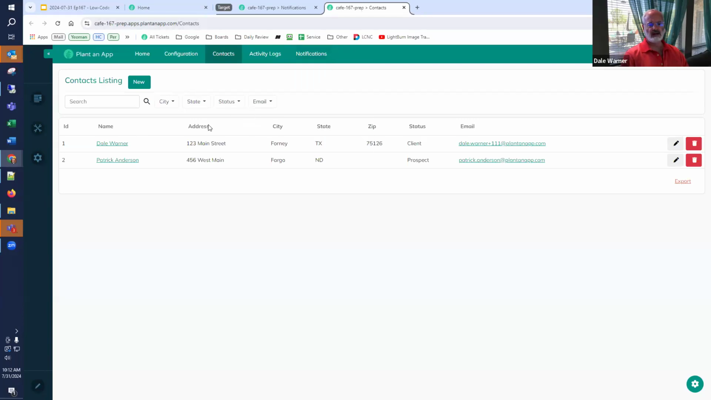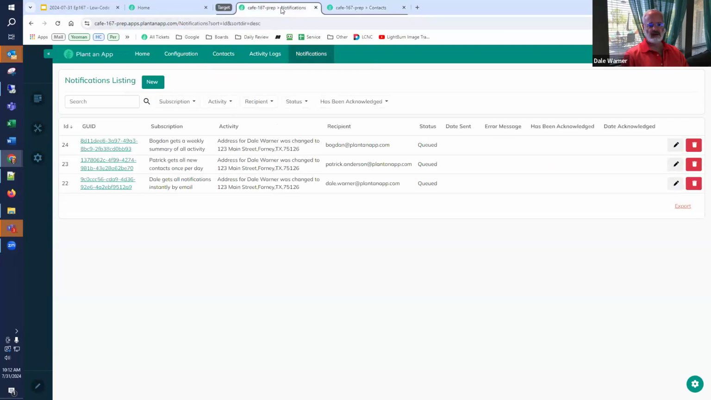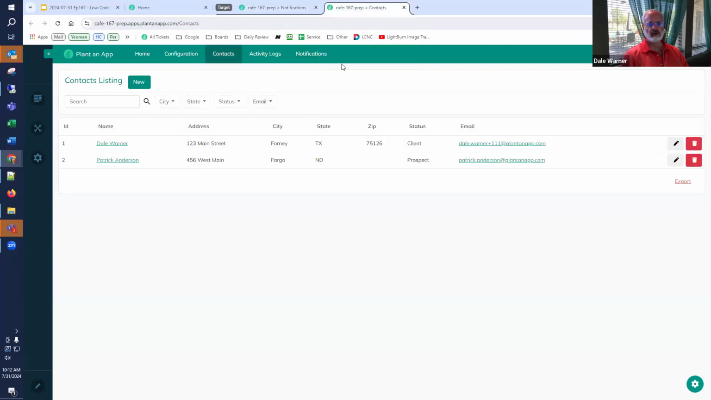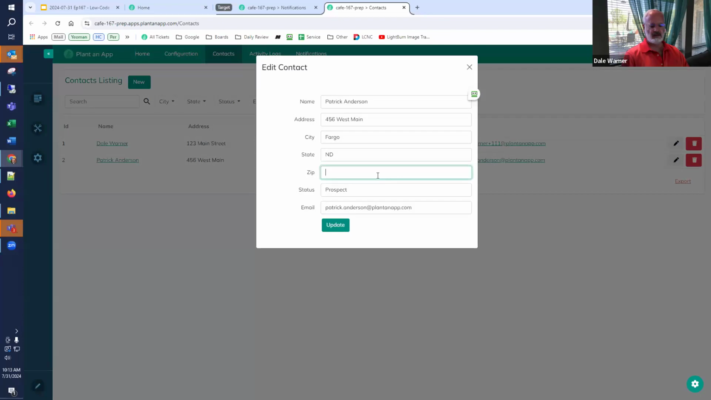I have a contacts listing, very simple, keeping up with people. And I also have a notification listing. Let's see, it's actually empty so far. So we'll show you what we're going to see. If I change Patrick's address and set a zip code,